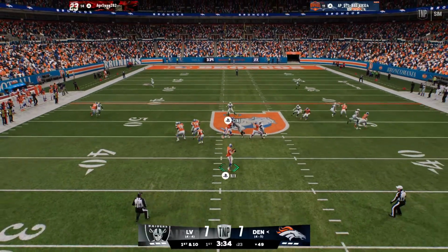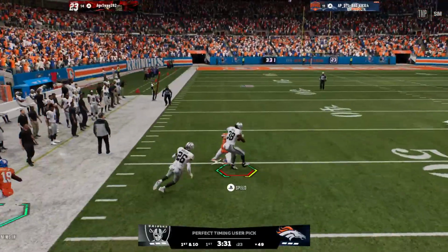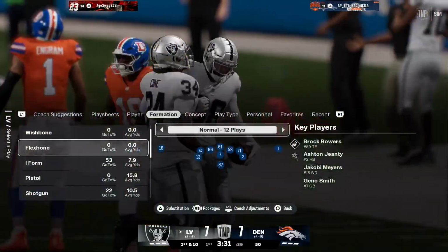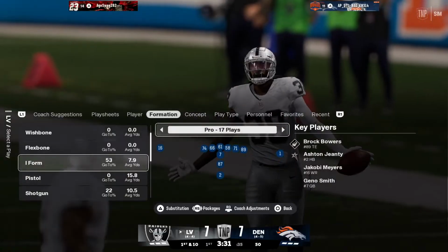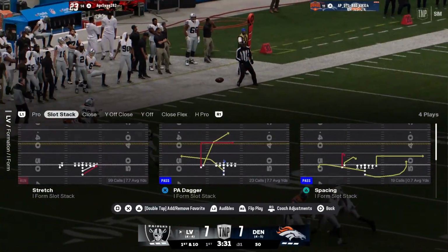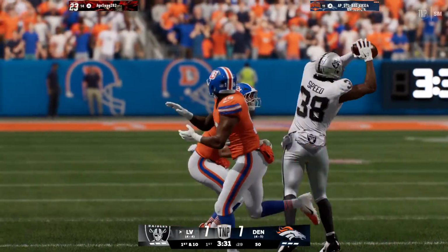To throw, here's Nix. Rifles one, and that's going to be intercepted. And the Raiders are going to have the short field here as they'll take over right at the 50. And this, Charles, definitely not what they were wanting to see. Remember, he threw 3 interceptions in the loss last week, and now he gives the ball away again here in